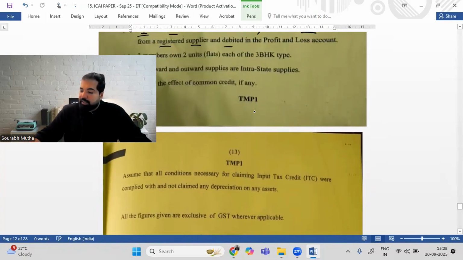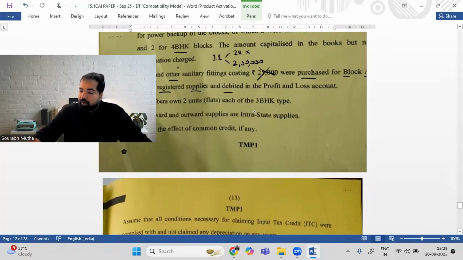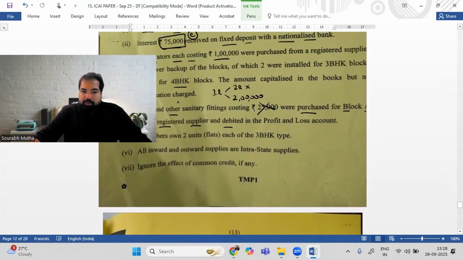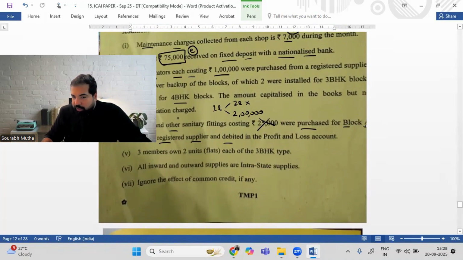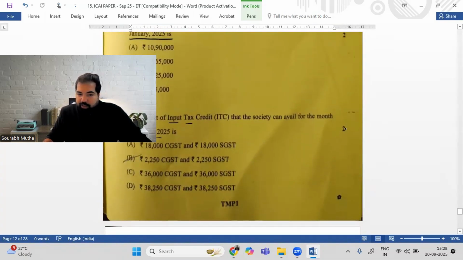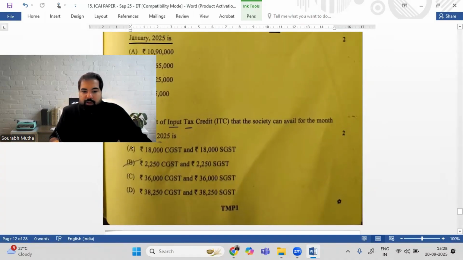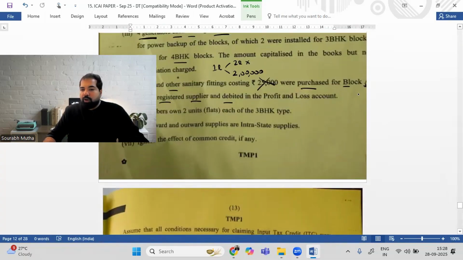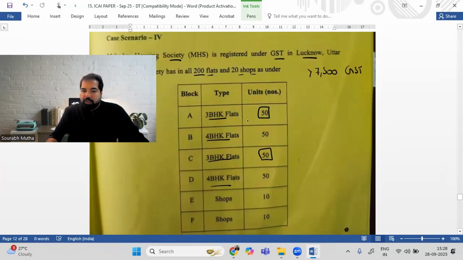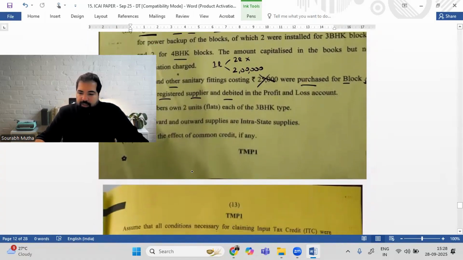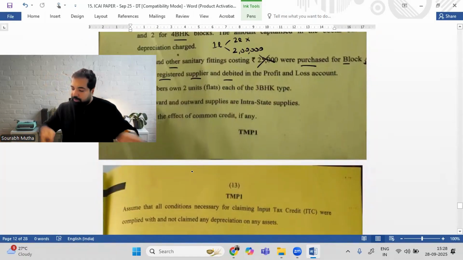This is 9% each. So 2 lakh into 9% each, that is 18,000. This block, I'm not really sure. We'll have to confirm it because I think the answer is slightly different. 18,000 CGST, 18,000 SGST. All right. I'm not sure if they say a block which is for taxable supply. Example, they say block is B and D, then you will get credit on that also. Then the answer will change. So we'll have to check it. This is not clear. I have a physical copy also. Let me check from that.